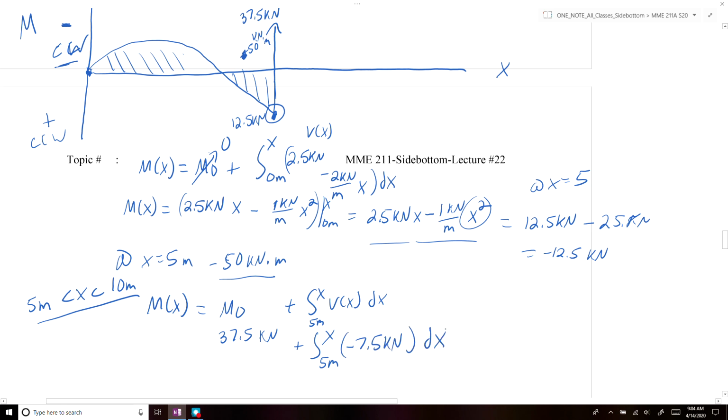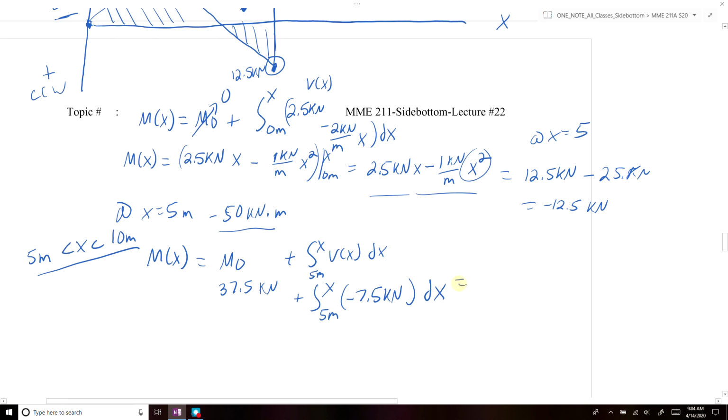Alright, so if we integrate that, this is just a constant number, you get 37.5 kilonewton meters minus 7.5 kilonewtons times x from 5 meters to x, so we just end up getting 37.5 minus 7.5 kilonewtons times